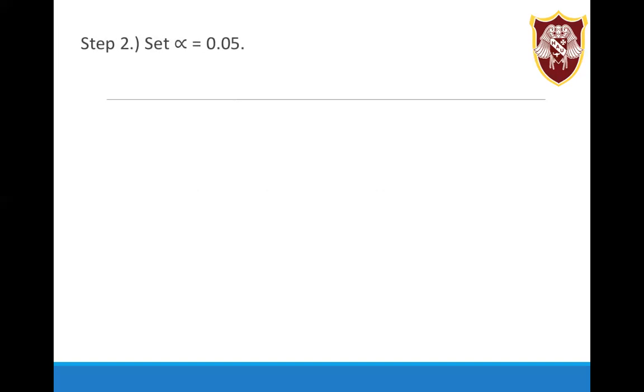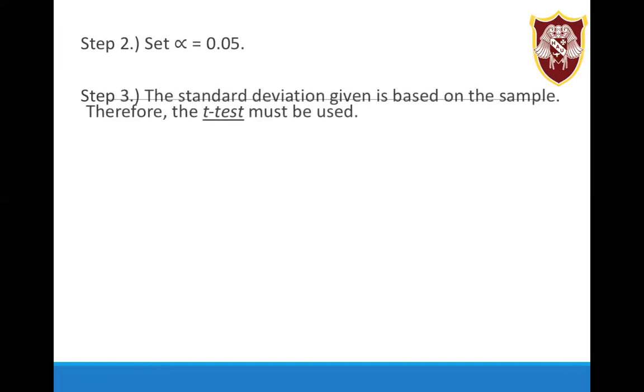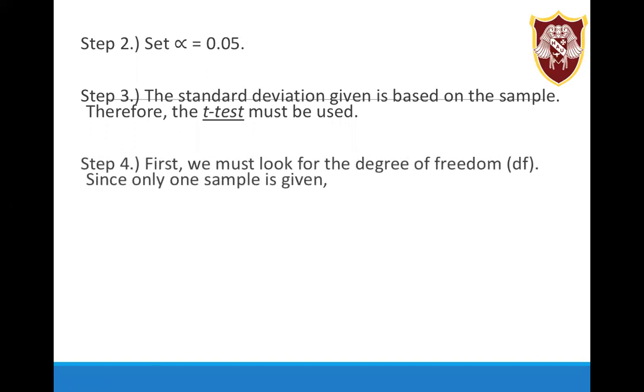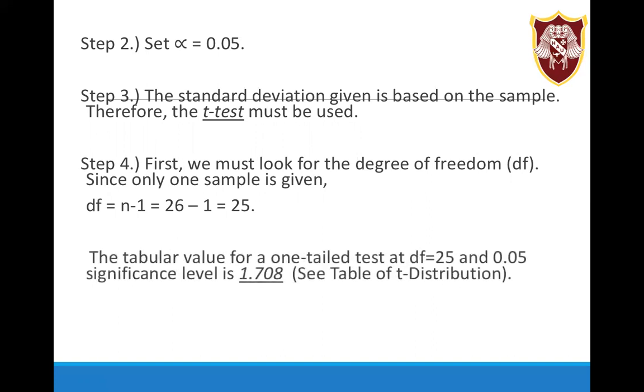So we set alpha at 0.05. The standard deviation is based on the sample, therefore the t-test must be used. So this means we must look for the degrees of freedom. For one sample, df is equal to the sample size minus 1. So 26 minus 1 equals 25. So from the t